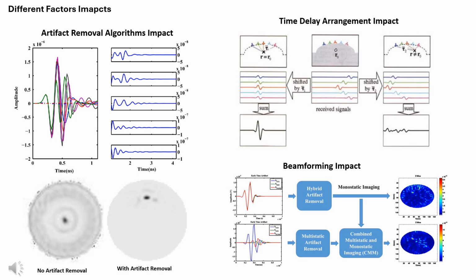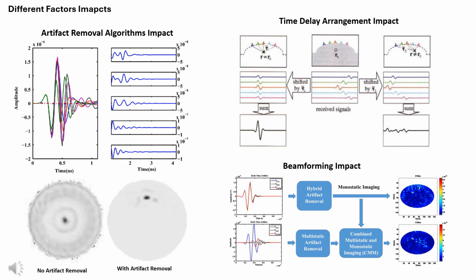The signals are displayed in different colors, red, blue, green, showing how the waveforms change after processing. Initially, the signals contain noise or unwanted reflections, which make it difficult to isolate the object of interest. However, after applying the artifact removal techniques, the signals are cleaner, and the object's response is more prominent. This section emphasizes the importance of artifact removal in achieving clearer, more accurate signals that can be used for reliable